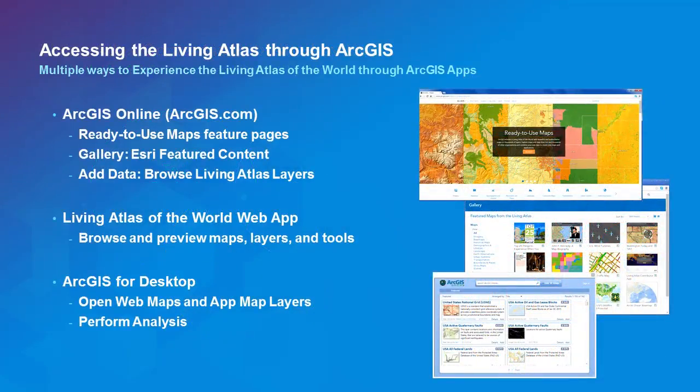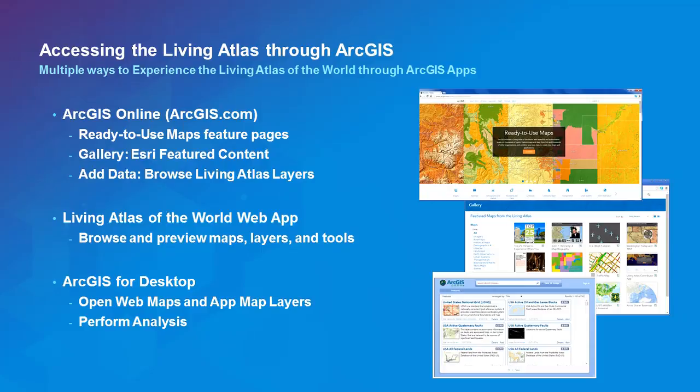So how do you access the Living Atlas content? There's multiple ways. It's not meant that there'd be one way that you can do that. You can access it through ArcGIS Online, through our gallery. There's a featured set of maps from the community in the Living Atlas that you can access. If you're in the ArcGIS Online map